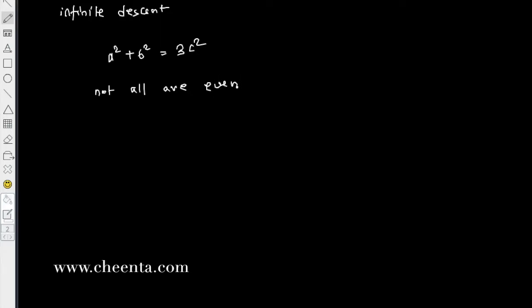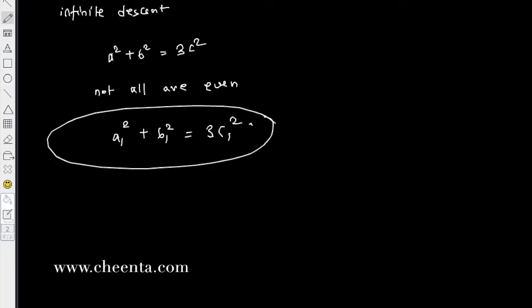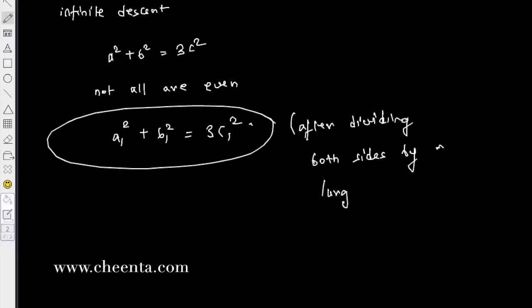Because if all are even, then we can just delete as many 2's as possible, by dividing both sides by as many 2's as possible. After division, we get an equation like this. In this particular equation, this is after dividing both sides by a large enough power of 2,